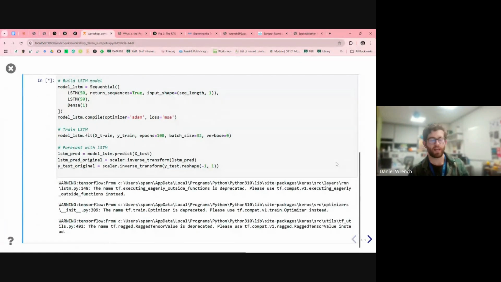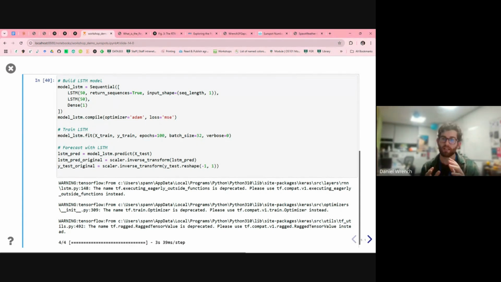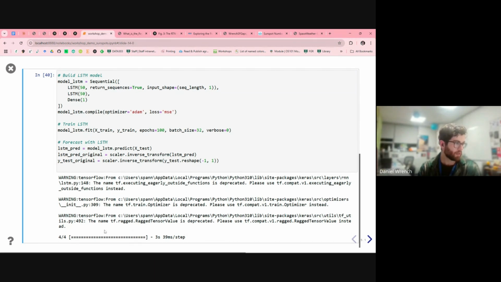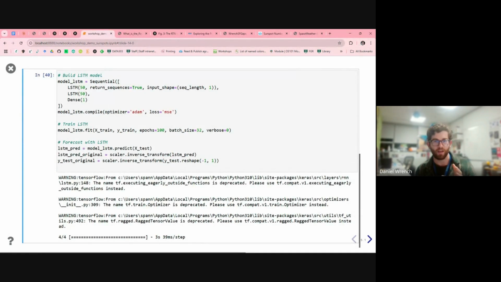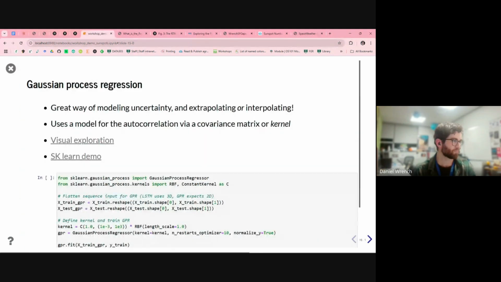And so we'll compare that against our ARIMA model. And then we're also about to look at another model called a Gaussian process regression. Now, as we'll see, this Gaussian process model is actually, oh, there we go. Okay, that model's been fitted, so I'm not going to spoil the surprise about how well it did just yet.